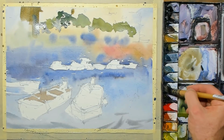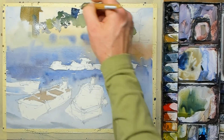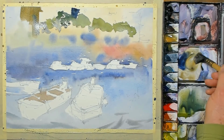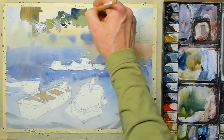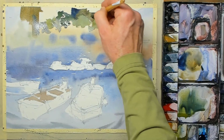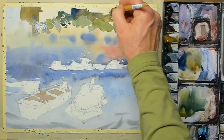I'm not sure what your technique would be. Let me know in the comments down below. What would your technique be for painting in this row of trees? The light is coming towards you. You've got darker buildings behind them, but you've got some little light tops to some of the trees. What's your technique? And you can see here